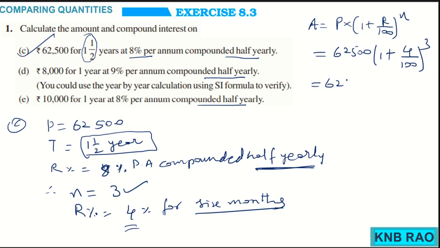Now 62,500 into, you can simplify this way, 104 by 100 whole cube. So on simplification, you will get amount as